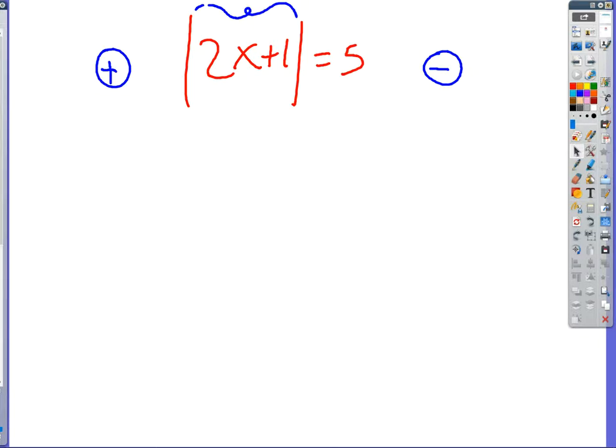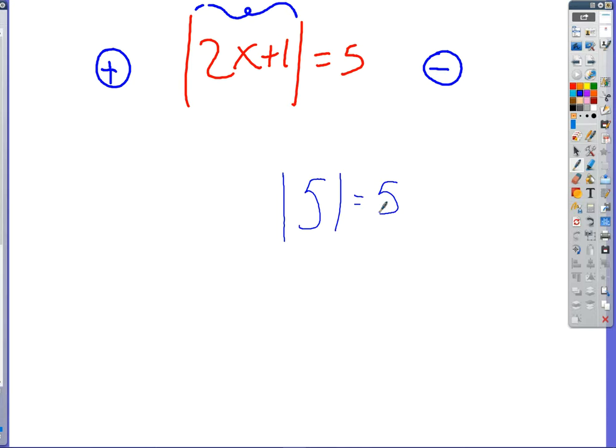So we have the situation where we have the absolute value of 2x plus 1 is equal to 5. Now, let's talk about absolute value for a second. Mia, what is the absolute value of 5? Negative 5. It is not negative 5. Would you like to take another guess? 5. Oh, because only negative 5. Oh, wait, because